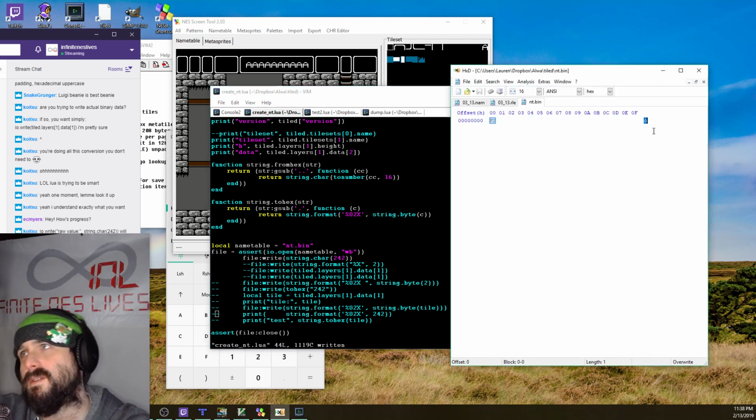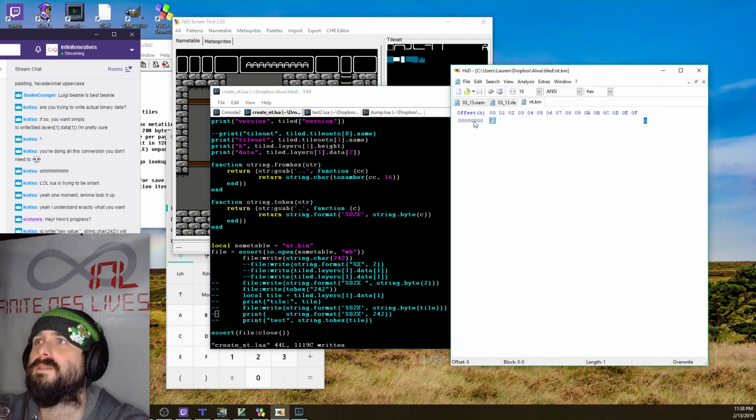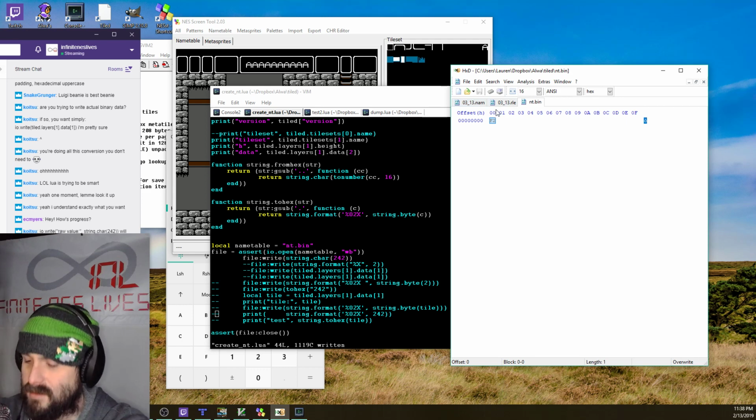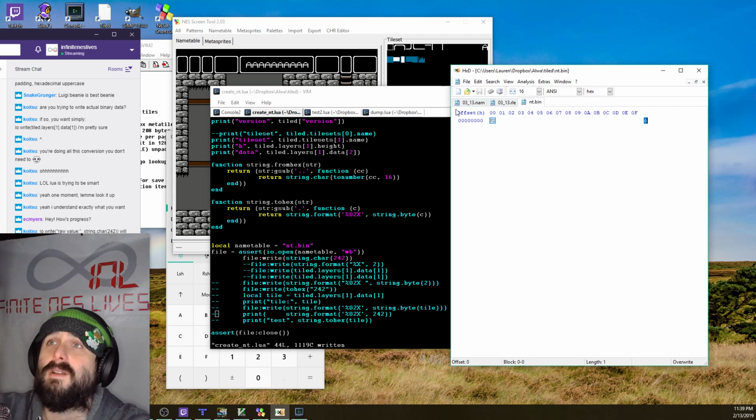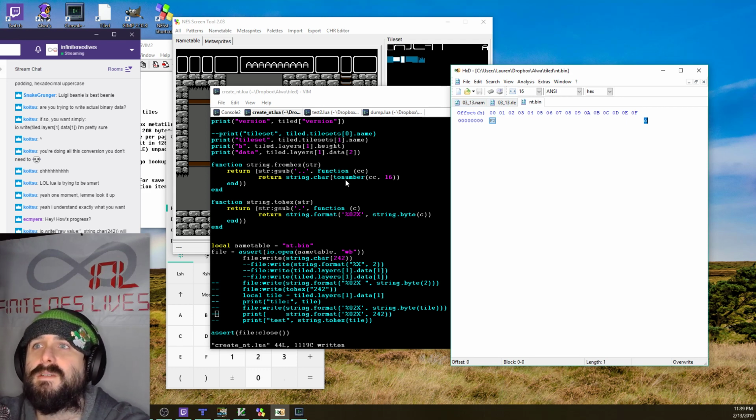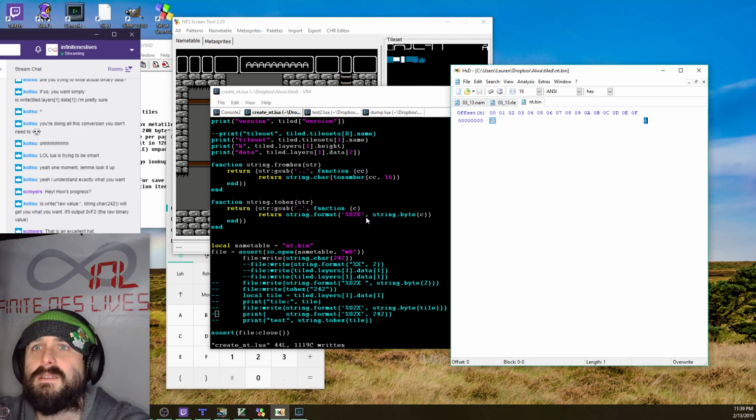That's really where the mental hurdle we're trying to get over here is, writing to this file thinking of things as characters. That'll only handle 8-bit values. 16 won't work, but